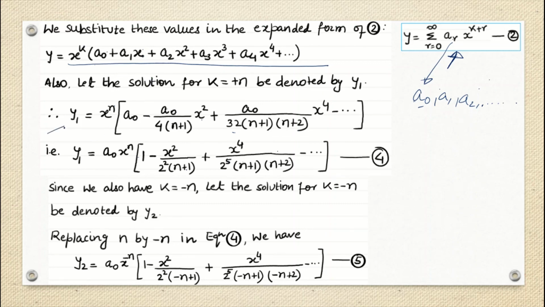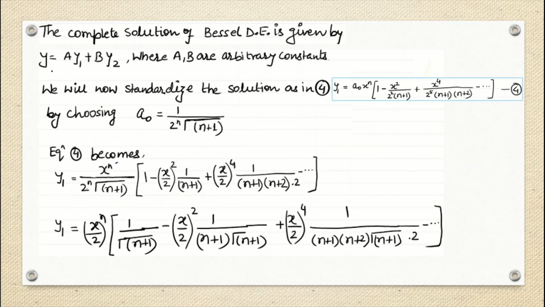So we got to know that we're just putting that value where this term will be 0, this term will be 0. That means all odd terms a1, a3, a5 will be 0. So this is your final even terms summation, and then we are rearranging it here, putting the value of k as minus n. I'm just rewriting this y1 as y2 where the value of n is minus n. So these two are exactly the same. We're just putting the value of n as minus n. And after that, what we had said here, this linear combination, but this is only what you have to actually know, that this is the value of a naught which we are going to write down. Why are we writing down this a naught value only?